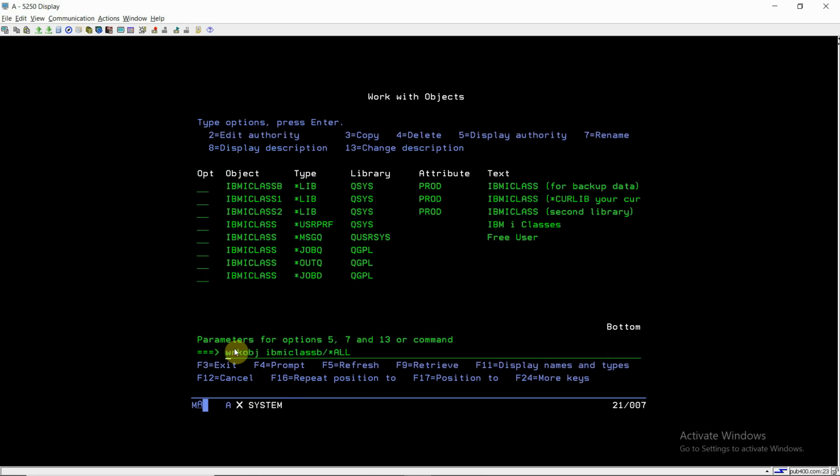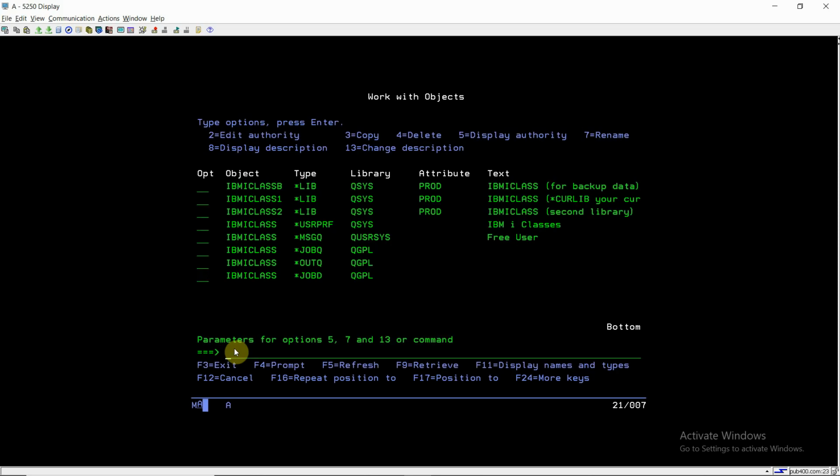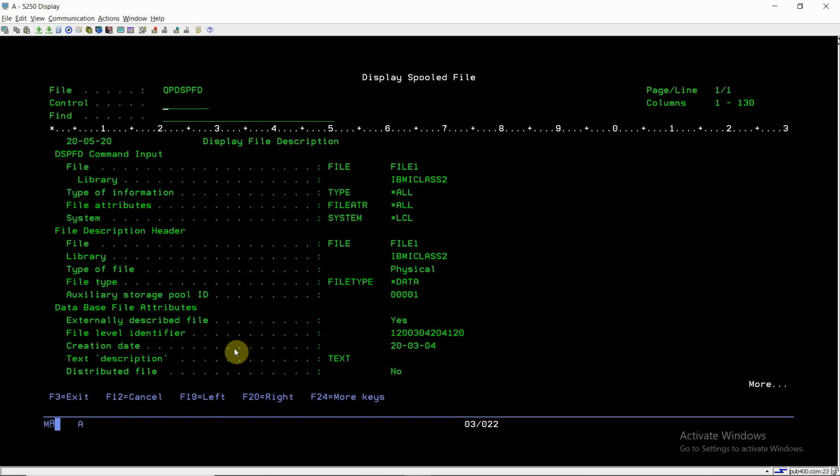Yes, all the objects are there in library IBM I class B. If I see the data, there is no data because I set the optional parameter data to star no. Now, for example, if I do DSPFD on IBM I class 2 file1, I'll be able to see the file level ID or member level ID.